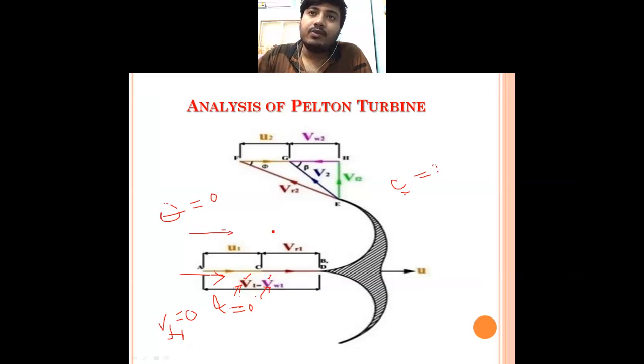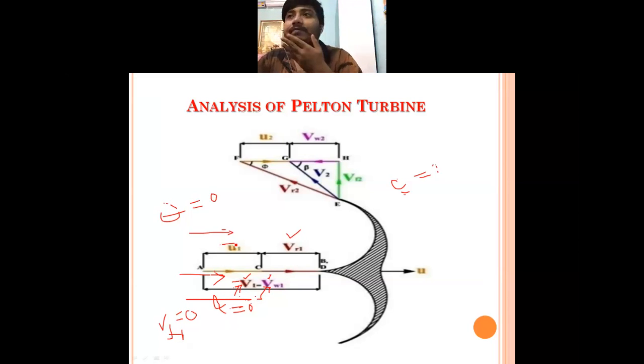So what will be VR1? It is simply the subtraction V1 minus U1. But at the outlet the velocity is not tangential, so we have to see the velocity triangles. It is the same velocity triangle that has already been drawn in the previous lessons. You know what beta is, what phi is: beta is the outlet vane angle and phi is the outlet guide blade angle. These are the two angles.